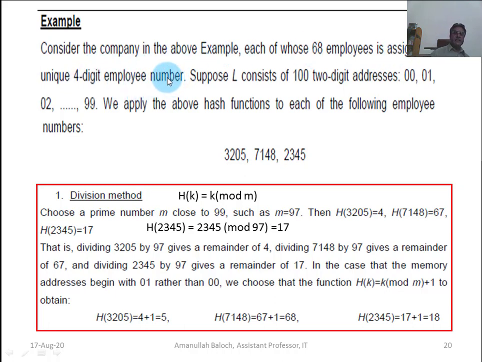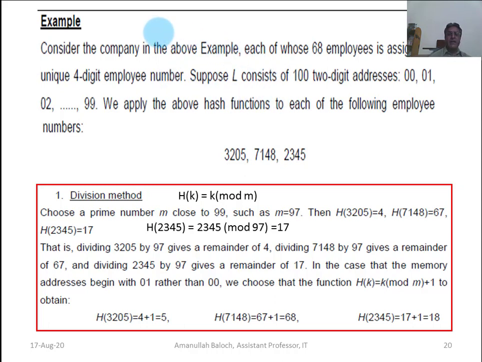That is, an employee may have 5923, the second employee may have employee number 9237, and there may be an employee with employee number 9999, which is one less than 10,000.